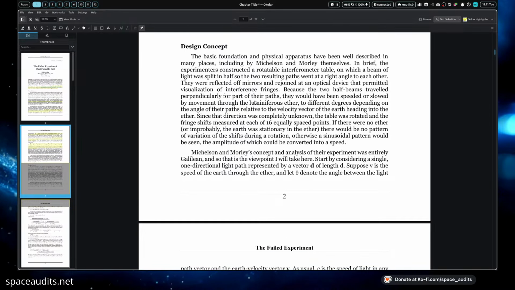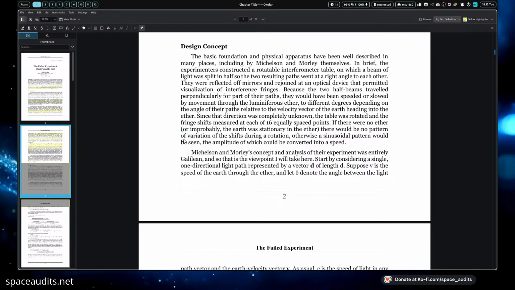Because the two halves of the beams traveled perpendicularly for part of the path, they would have to have been speeded or slowed by the movement through the luminiferous ether to different degrees, depending on the angle of their paths relative to the velocity vector of Earth heading into the ether. Since the direction was completely unknown, the table was rotated and the fringe shifts were measured at each of 16 equidistantly spaced points. If there were no ether, or improbably that the Earth was stationary in the ether, you know, that's super improbable,